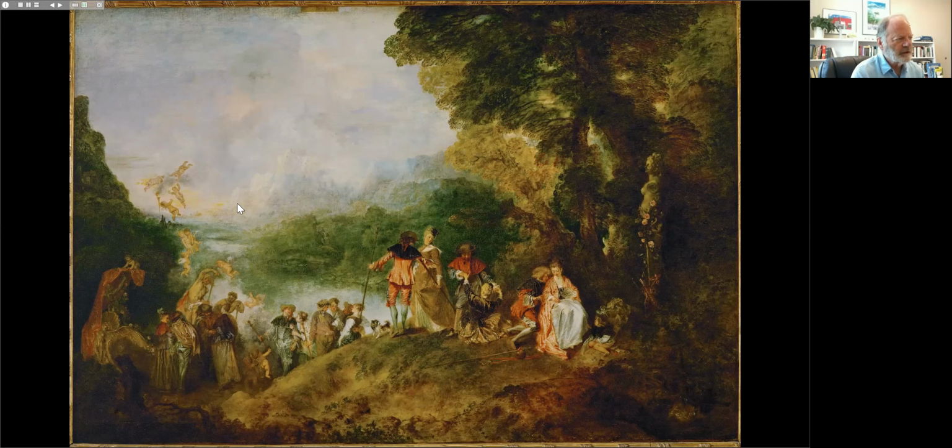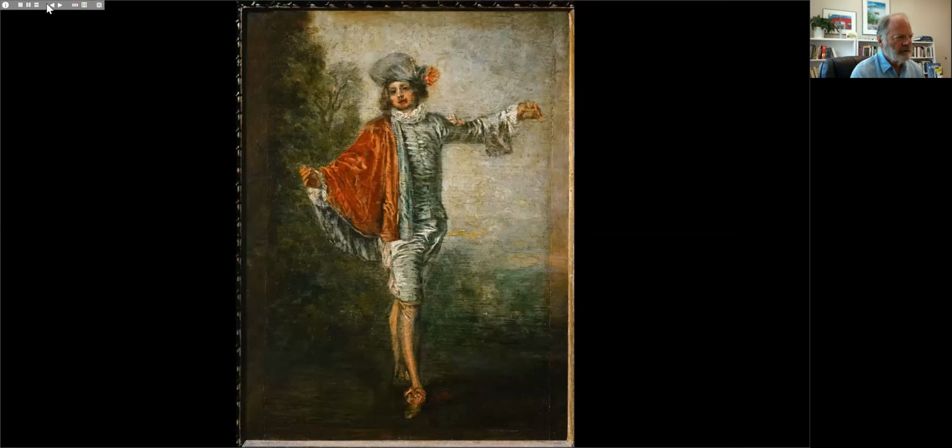The softly defined landscape forms add a kind of sensuous nostalgia to the scene that makes that emotion of yearning and nostalgia in what's going on, I think, even more strongly felt. You'll notice here that the figures are thin and tall in their proportions, and this is typical of the work of Watteau. And if we go ahead here, we can see a single figure in a work called L'Indifférent, meaning